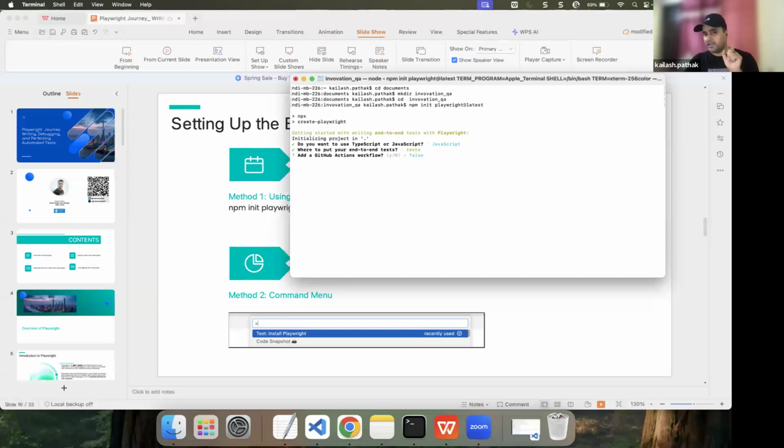Add a GitHub Actions workflow, which I have mentioned. Playwright is a tool where you have everything available, from creating tests to deploying them into stage, dev, or production environments. They also provide GitHub Actions, where you can write all the steps to run your test cases in stage, dev, or production. I say yes. Now, install Playwright browsers? When I say yes,